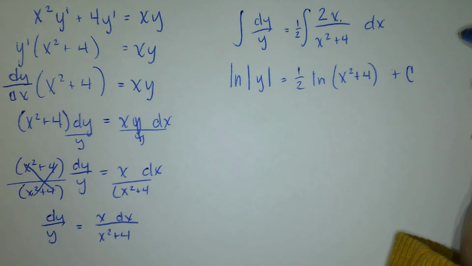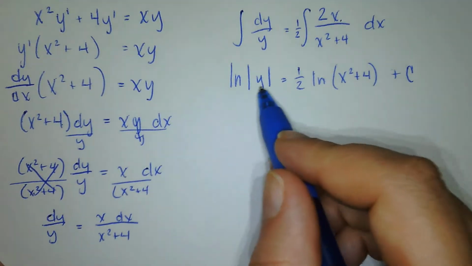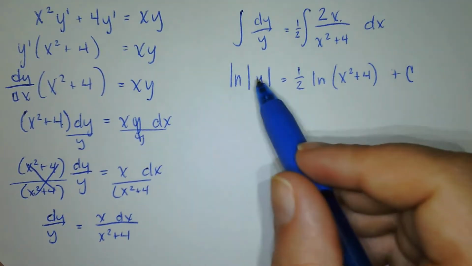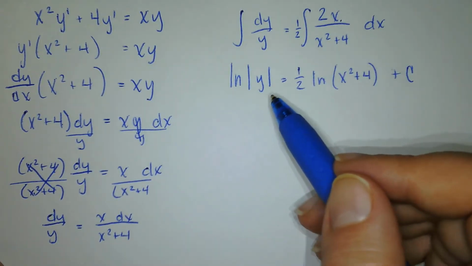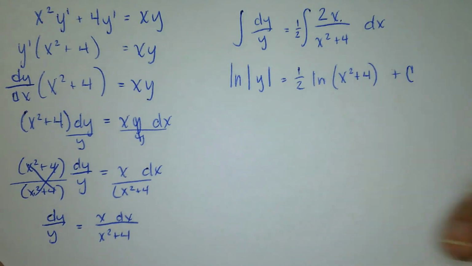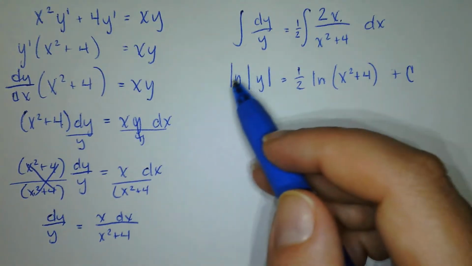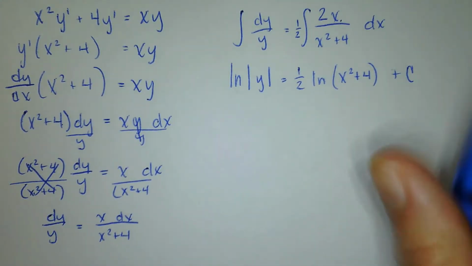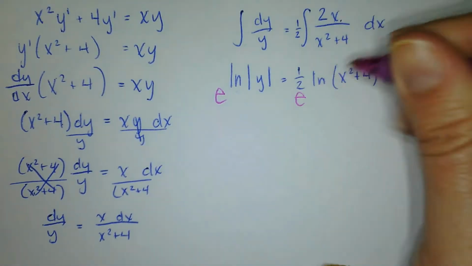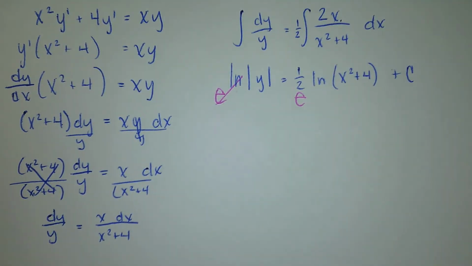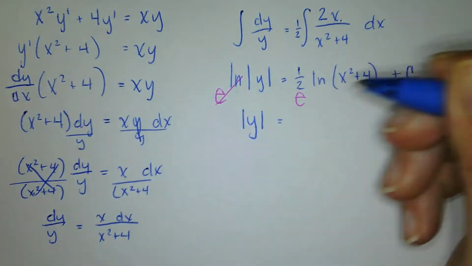All right, so if we want to write this in y equals form, we can kind of leave it like this, but we can actually convert it a little bit. So if you are looking in the back of the book to check your answers, they are going to be converted. So let me show you how to do that. All right, so to undo an ln, we would have to do an e on both sides. So e on both sides, it cancels. So we're going to have absolute value of y is equal to